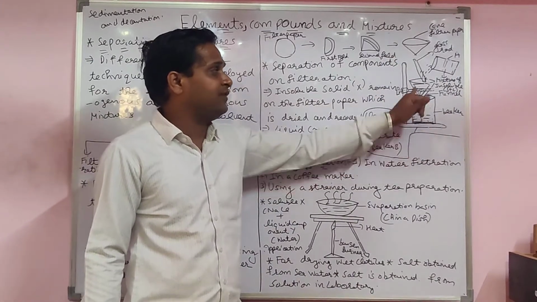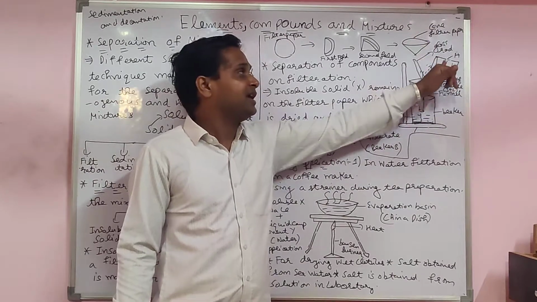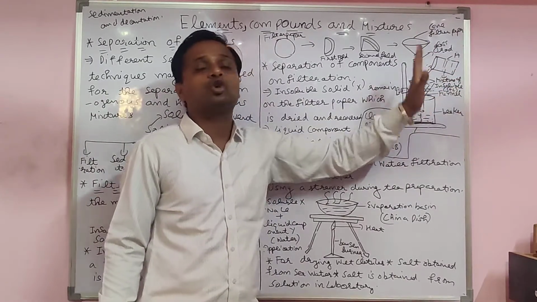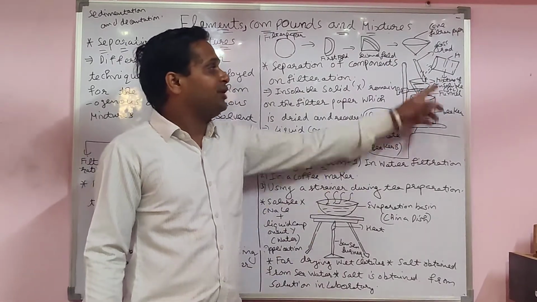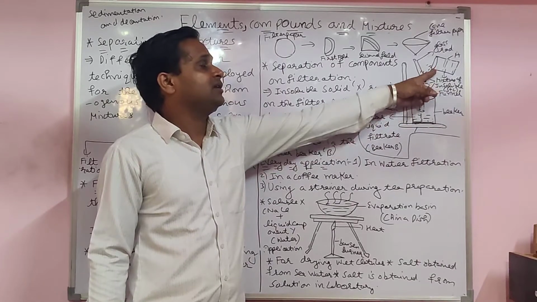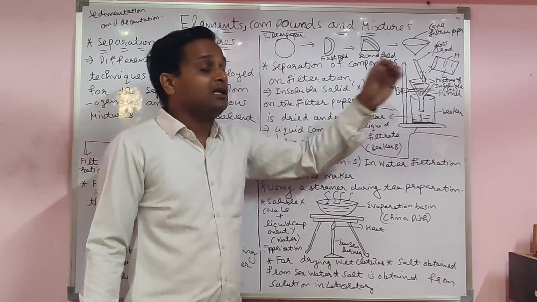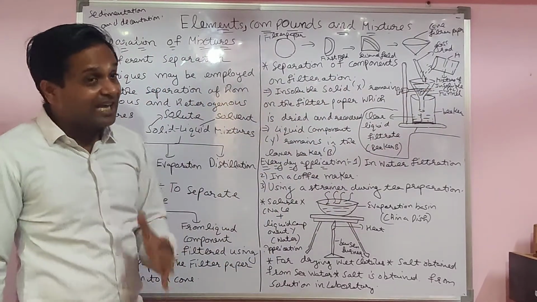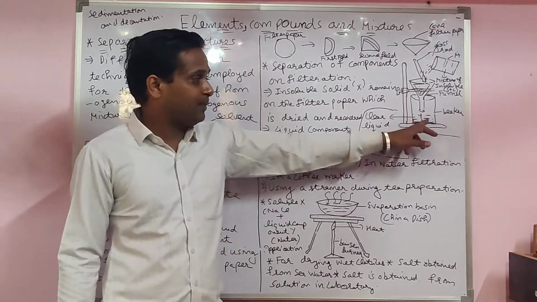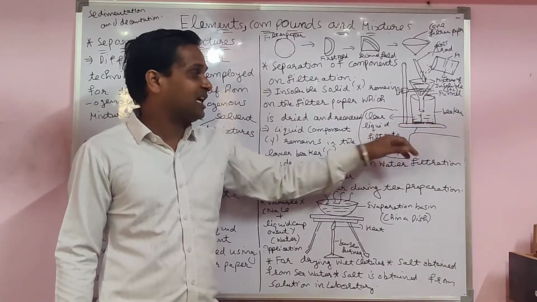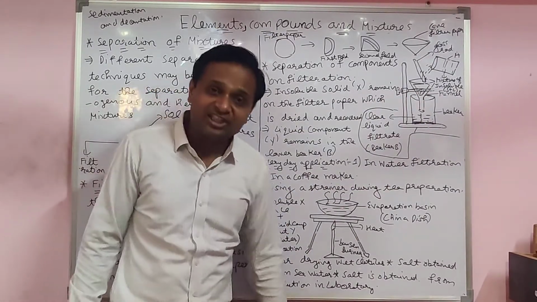This is the stand in which we set the funnel. Here is beaker B and this one is beaker A. Here is the mixture of insoluble solid and liquid both. This is the glass rod. When you add the salt, sand and water with the help of the rod slowly, the liquid particle size is less than the size of the pores of the filter paper. So liquid passes through, coming down, and that is called filtrate. What is left up is called residue.